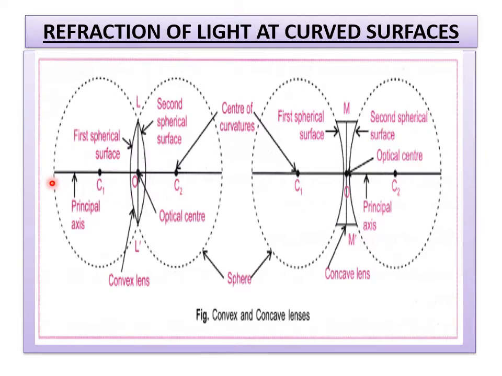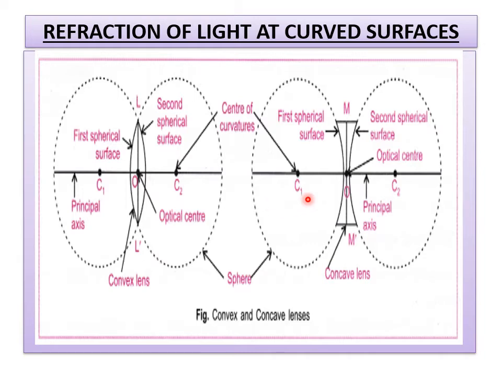The line joining these centers of curvature on both sides of a lens is known as the principal axis. When you come to this concave lens, this surface is a part of that sphere, and this is a part of this whole sphere. If you observe, this is the center of this sphere, this is the center of the other sphere. We can call them C1 and C2, the same centers of curvature. I hope you remember where I explained this in the 9th standard about the mirrors. Just recollect those.